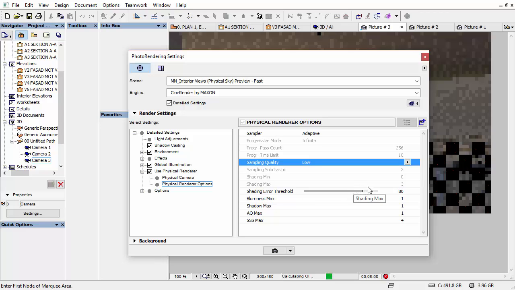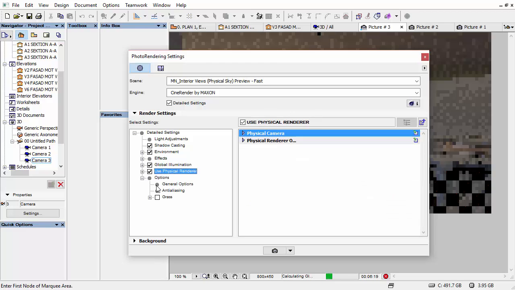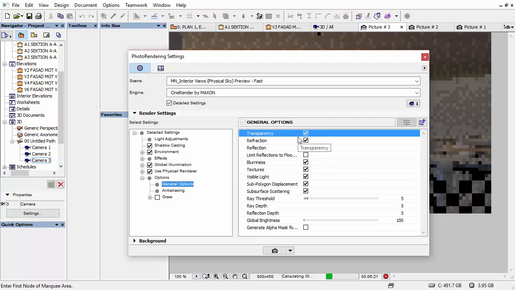That means there will be a lot of errors out there. In the shadows and in the lights, the shadows on the surfaces are going to be grainy and distorted. But it's going to be fast, which is what we are after, and that's why I call this fast. Okay, and then going to the options,